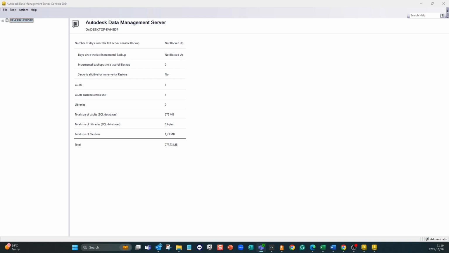Today we're going to have a look at Autodesk Vault and the Autodesk Data Management Server. Now when you do your setup for Vault, it's quite important to remember that you need to install the server or Autodesk Data Management Server console first, and then create your server, and then from there start installing your Vault